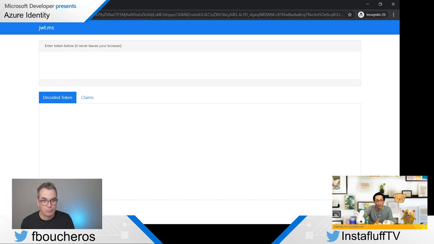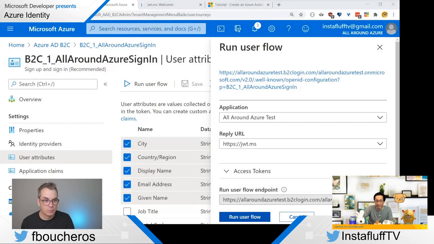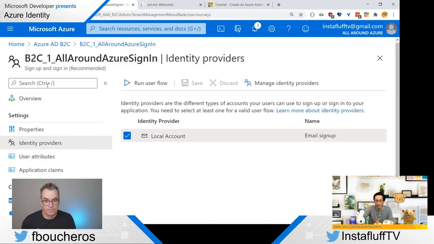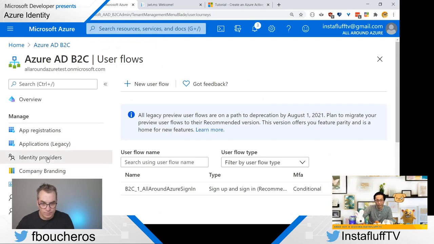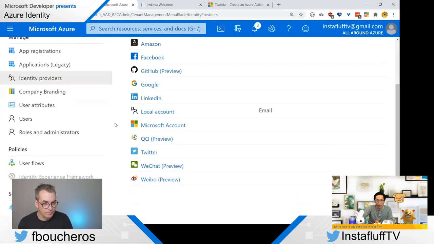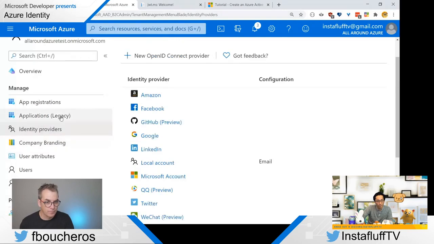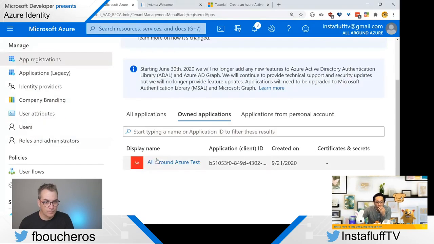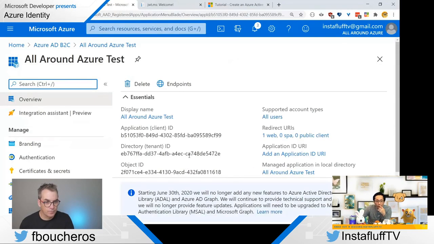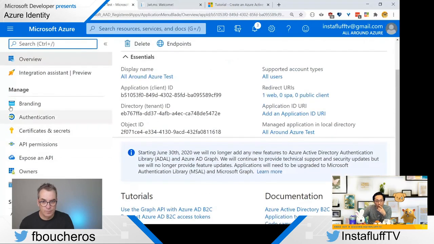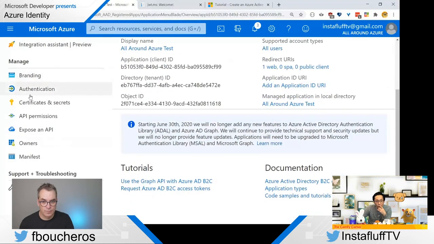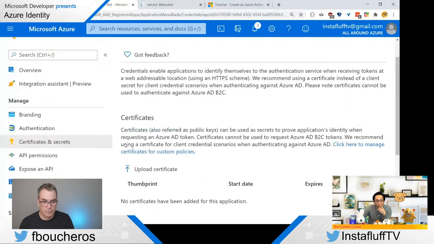Maybe it's this code thingy. I think I've got to change the setting of the sign-in, the identity provider thing. Not this one, but in here. If I go here, or maybe it's in the app registrations. There might be an authentication setting that I've got to change. No, it doesn't look like it.